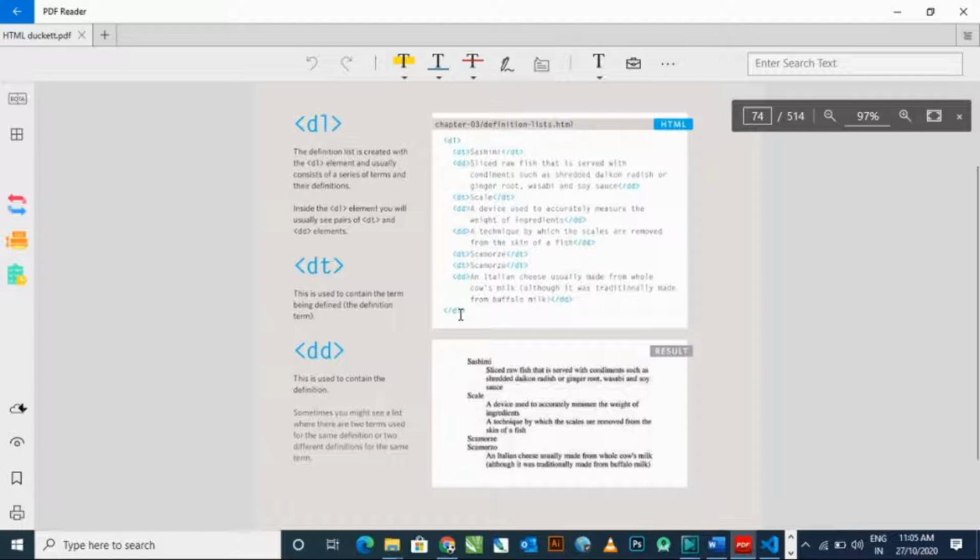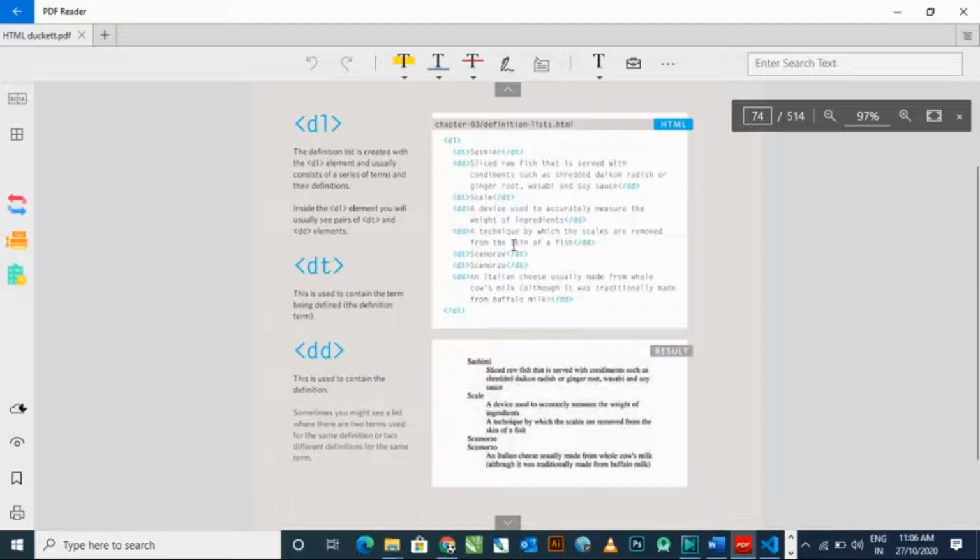Then after that, DT, the definition term. You can see on the right, sashimi, and after that DD means the full description of that particular definition under the DD element. You can see scale, DT, under this element we type scale, and the description under the DD element.